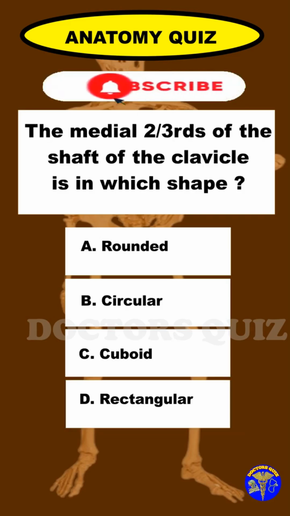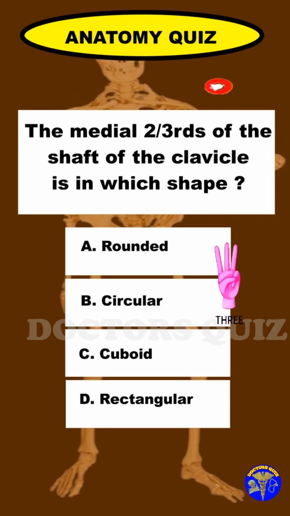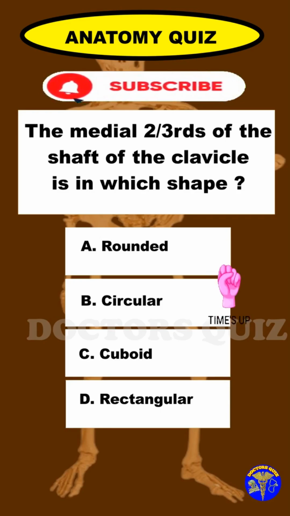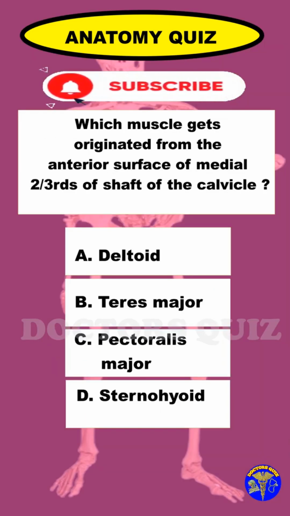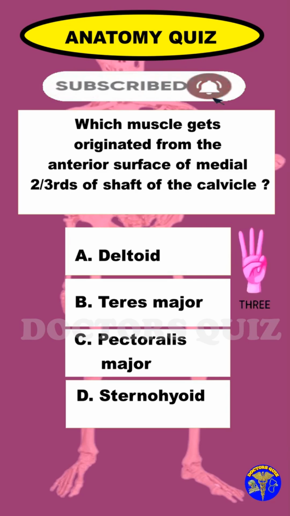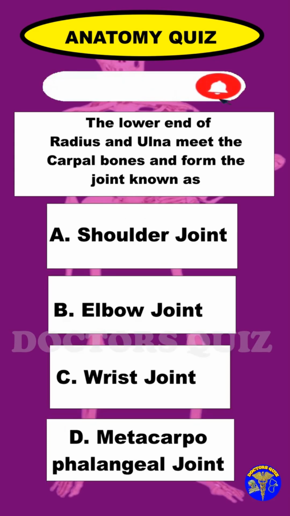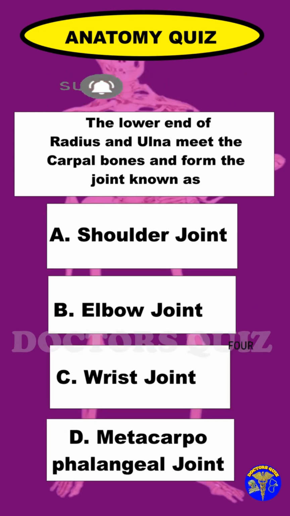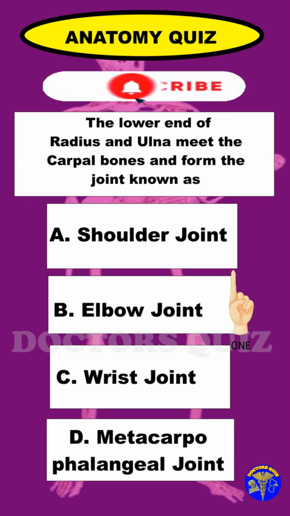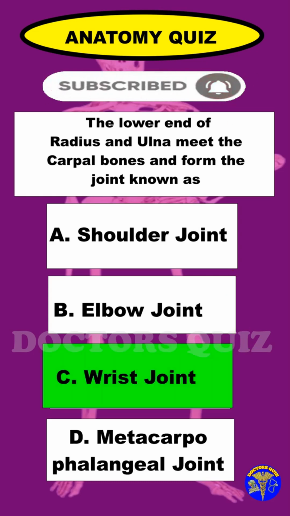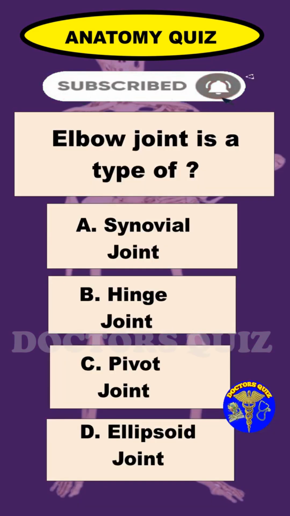The medial two-thirds of the shaft of the clavicle is in which shape? Rounded. Which muscle gets originated from the anterior surface of medial two-thirds of the shaft of the clavicle? Pectoralis major. The lower end of radius and ulna meet the carpal bones and form the joint known as wrist joint. Elbow joint is a type of